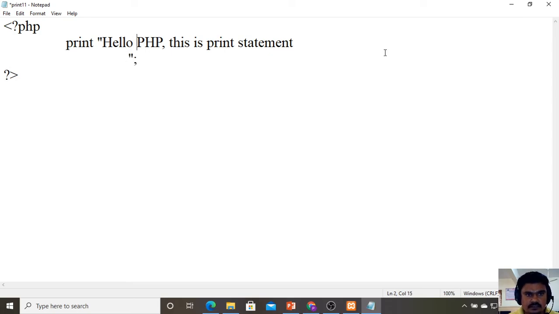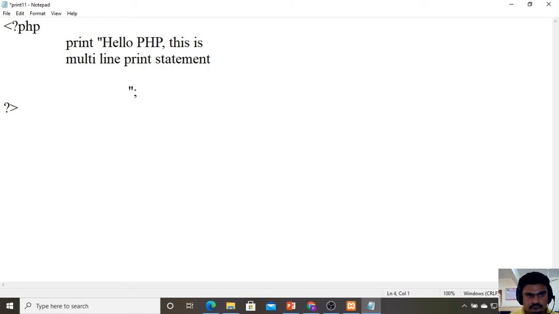Hello PHP, this is multi-line print statement. So what I am going to do is get it in the next line. Okay, right. So here I have included 2 more lines.